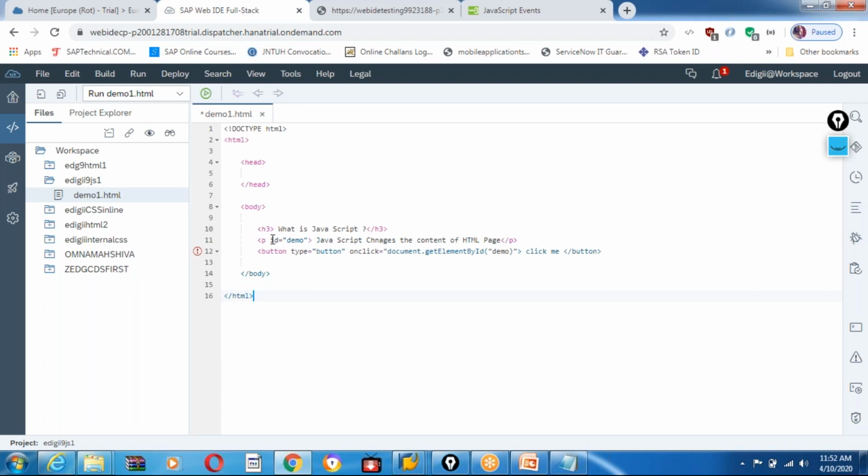See, for this P tag, I have given a unique identification, demo. So here the content is "JavaScript changes the content of HTML page." On click, I will get document.getElementById demo. First, I will get this element, which is equal to, I can use innerHTML. This is one function, which is equal to